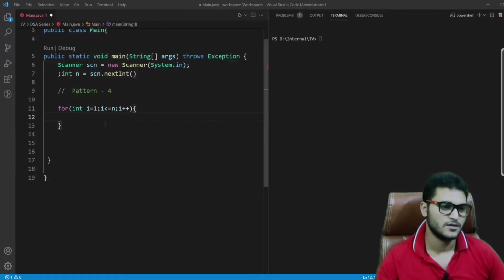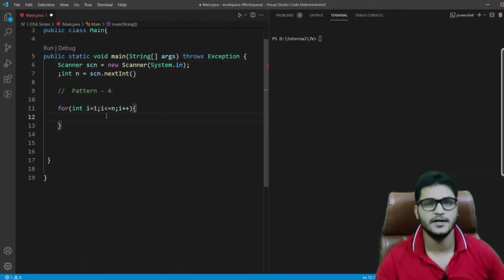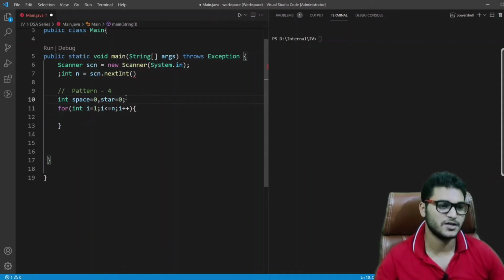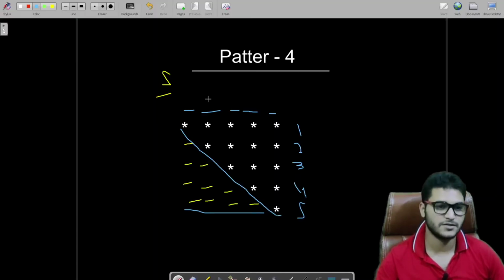Great. So in each row, we have to print space and stars, the combination of these two. So to print space and star, I am declaring 2 variables named spaces, initialized to 0, and star, which is also 0. So we need to think about the initialization of these 2 variables. So let's look at the structure again.